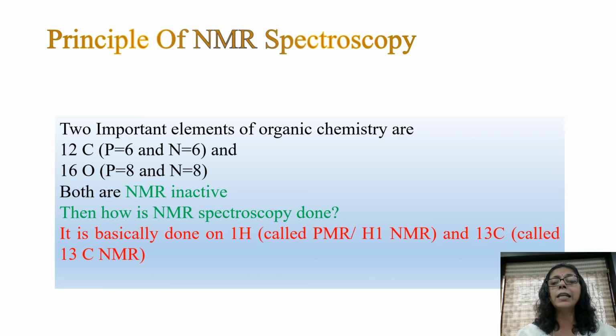So it is basically done on 1H, जिसको हम फेमसली PMR यानी प्रोटॉन मैग्नेटिक रेजोनेंस स्पेक्ट्रोस्कोपी कहते हैं, या H1 NMR के नाम से भी इसको पुकारा जाता है। बच्चों, अगर एग्जामिनेशन में क्वेश्चन H1 NMR का आता है तो आपको कतई घबराने की आवश्यकता नहीं है। और दूसरी जो बेसिकली स्पेक्ट्रोस्कोपी होती है वो 13C स्पेक्ट्रोस्कोपी होती है और उसको हम 13C NMR कहते हैं।